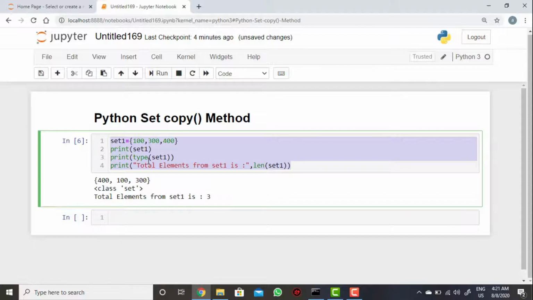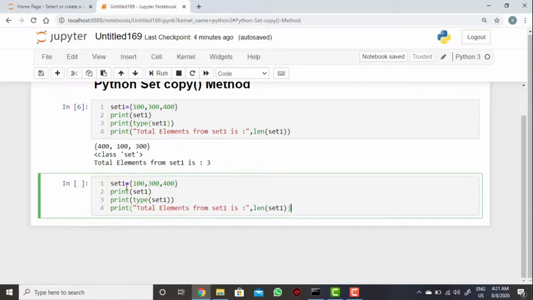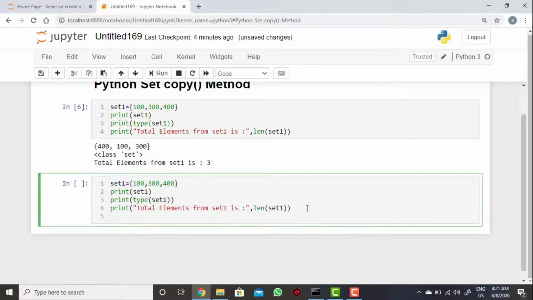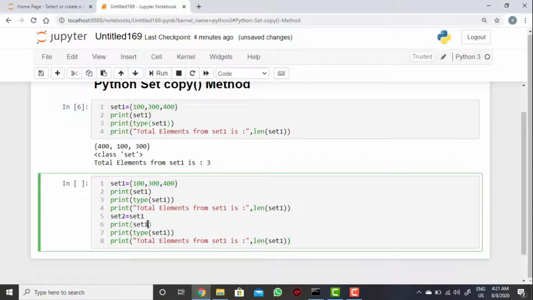Same like this you can take set2 also, or you need not. Now what I am trying to do is take set2 equal to set1. So whatever values are available in set1, I am assigning those values to set2. Now I am displaying the same as it is, set2, then set2 again, and then set2.